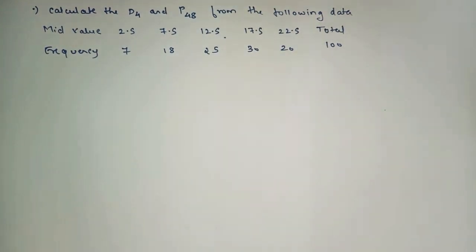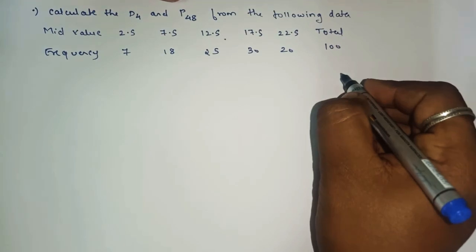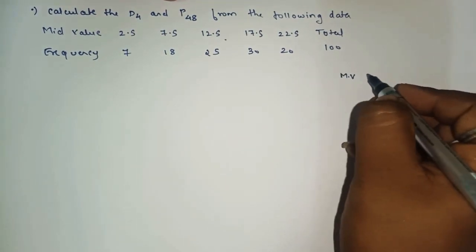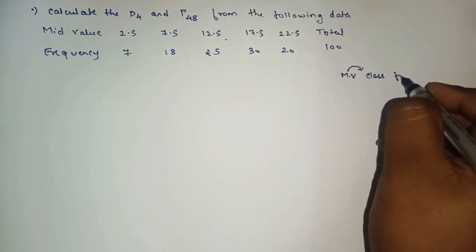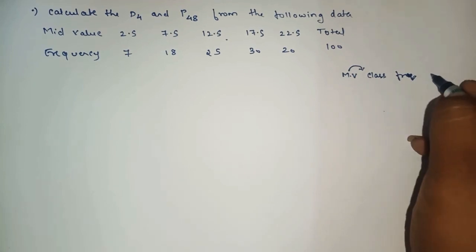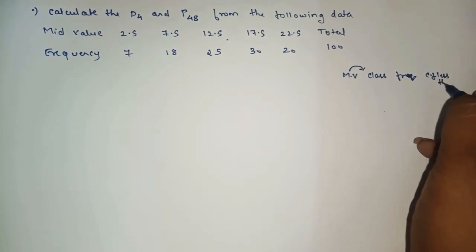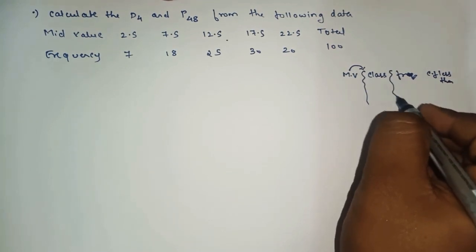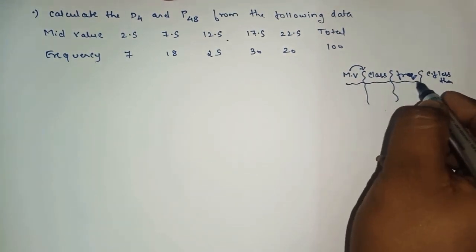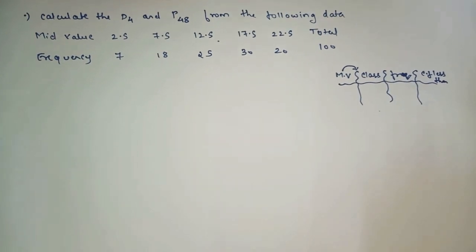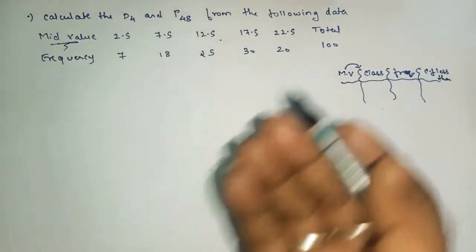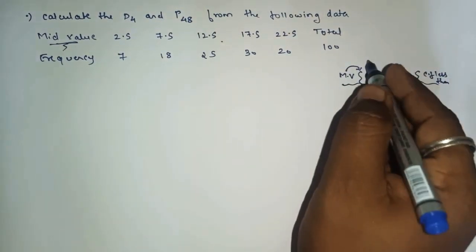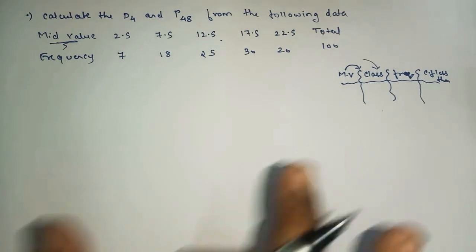So the columns will be like this. First the mid value will come, then we convert this mid value to a proper class, then frequency, and after that cumulative frequency less than. So for this sum we require 4 columns, yes or no. Got the point? As I told, this sum also we solve by the type number 3 method. From the word itself we know that mid value is a midpoint, a class mark of a proper class. What that proper class is, we don't know, so that we have to find.